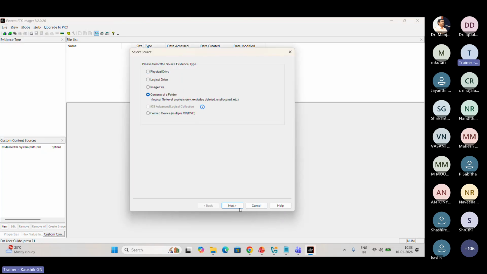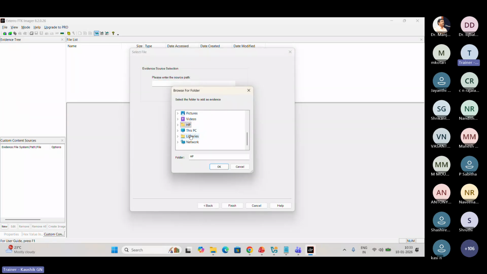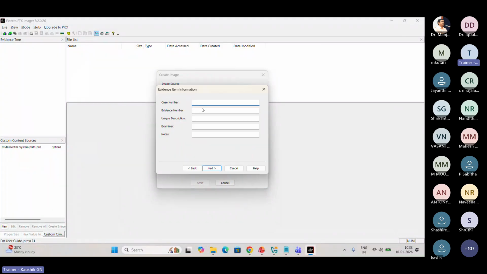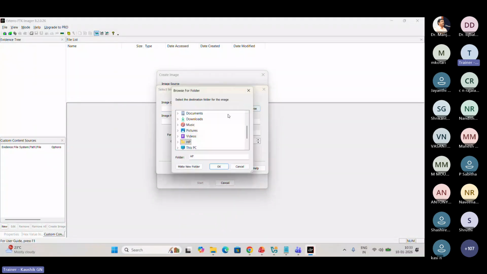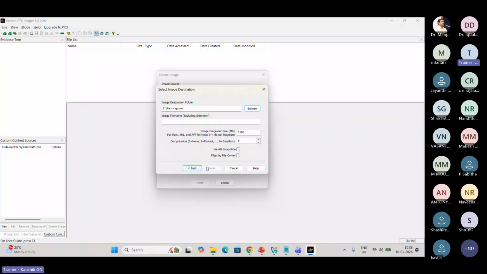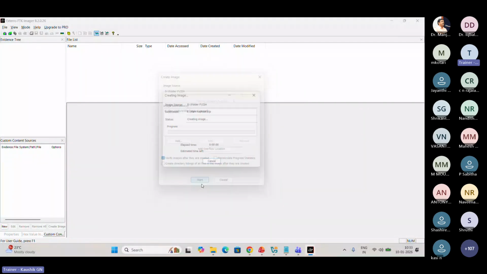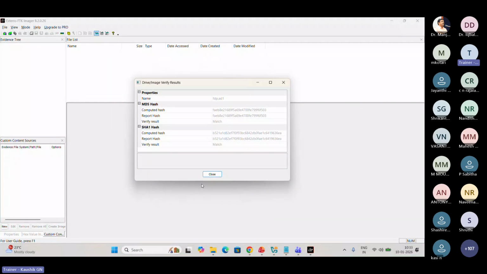So I will select one folder only now. Yes, I will select a source. So the source will be CH. Yes, I will select, yes, finish. So the folder is this. Add. I will add one. Now I'm just documenting. So I will go here only. Yes, I will give FDP. Yes. Now I will start the capturing. So the capturing is done.